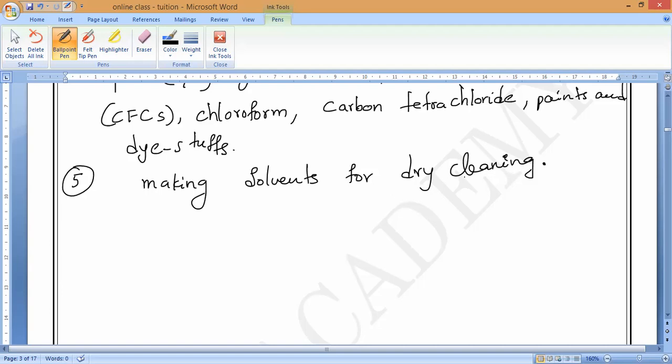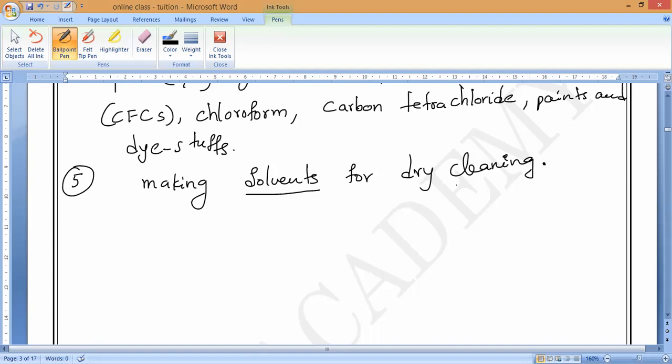So why are we using dry cleaning? Because some stains may not dissolve in water. Is it yes, guys? So that is why we are using another kind of solvent. The stains which do not dissolve in water, we will use another kind of solvent for. That is what we call dry cleaning. One of the solvents we can use in dry cleaning is petrol. Do you remember when I taught carbon compounds in class 8, the petrol? Petrol is used as a solvent in dry cleaning. Do you remember? Yes or no?